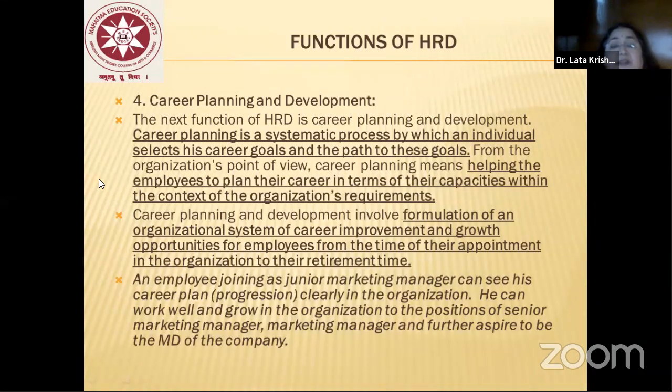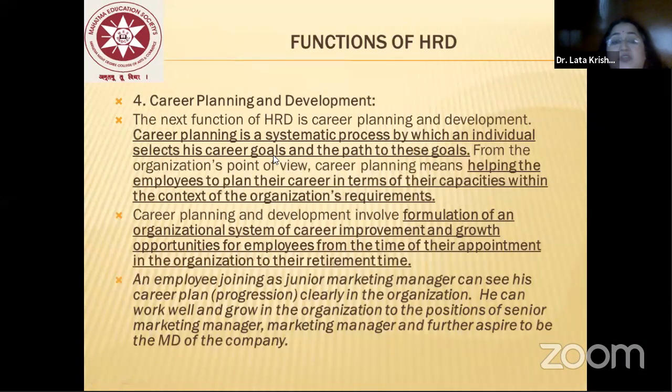So people, once they enter your business organization, have to be monitored very carefully. Their potentials have to be studied. They have to be given training for the job they are doing, and they also have to be given training for the future jobs or tasks that they would need to perform. And they should be motivated at all points in time to move ahead on their career graph. So career planning is a